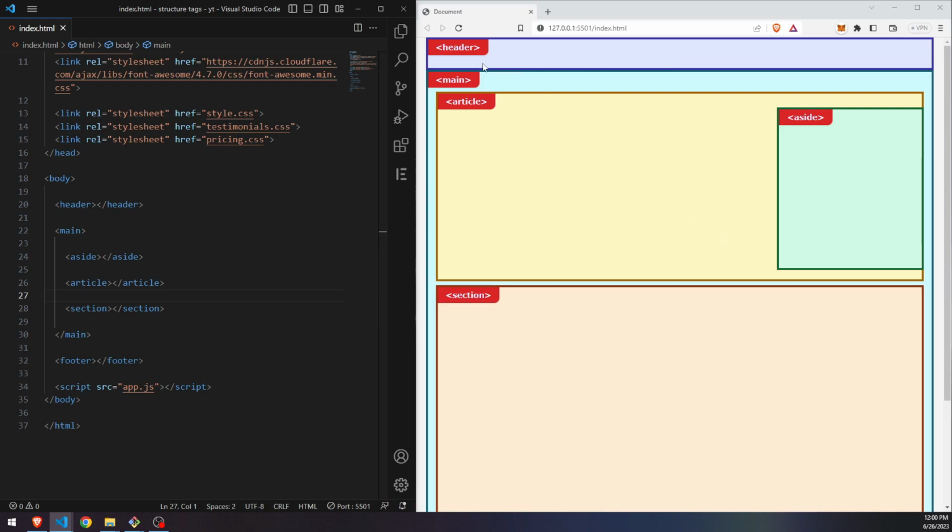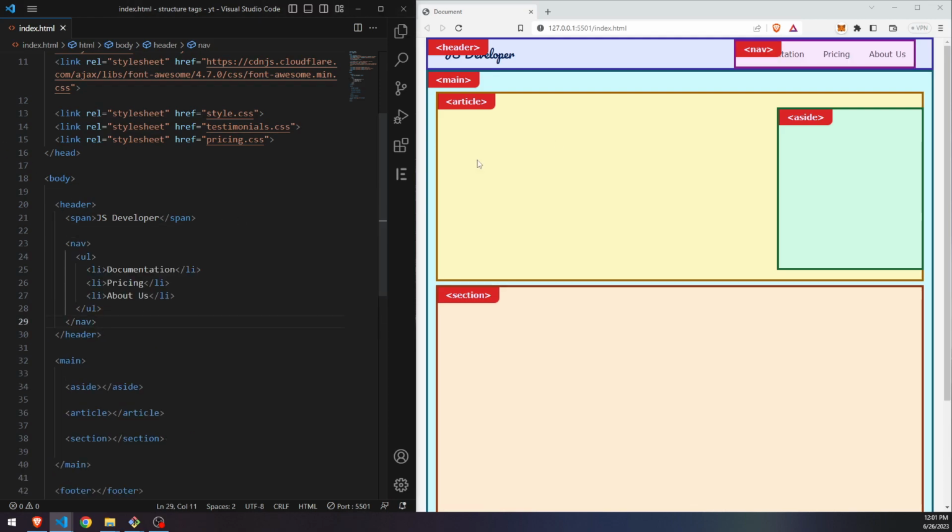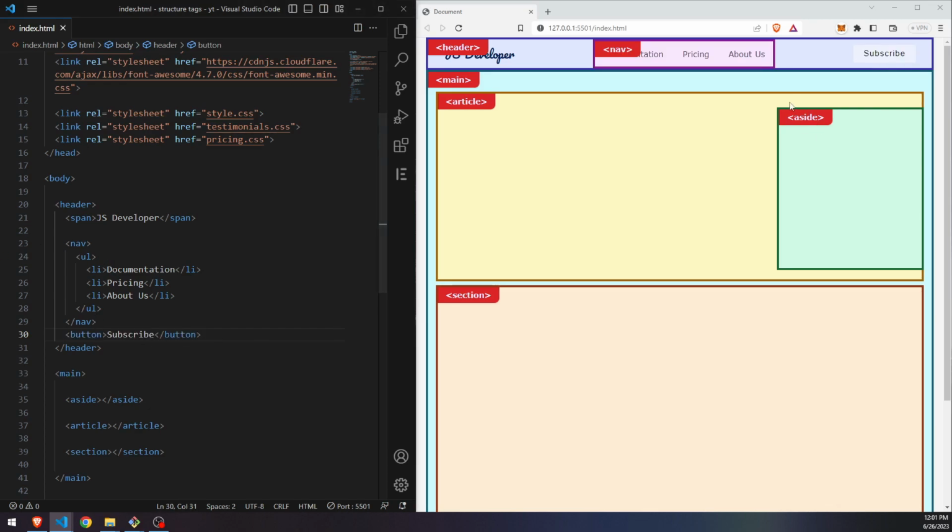So I think we can add content in here, like for example, a span. I think this will be my logo. So right there, and I think I can add a nav in there. So this is the navigation. The nav tag also defines a navigation element, and then maybe a button to subscribe. It's right there. So it's a very simple header where you have this icon or logo, navigation, and an action